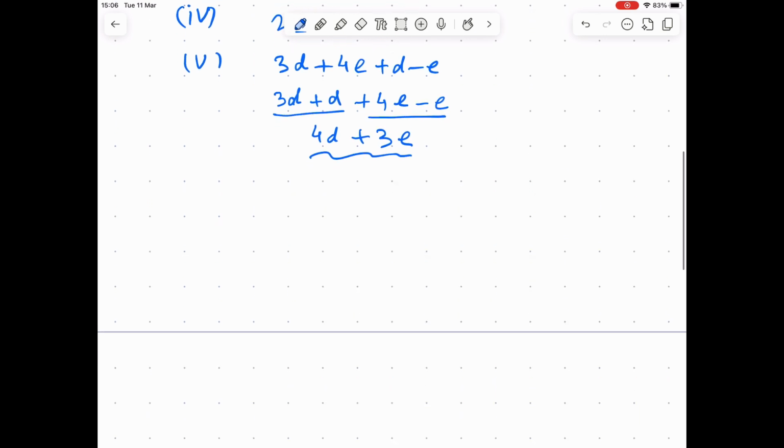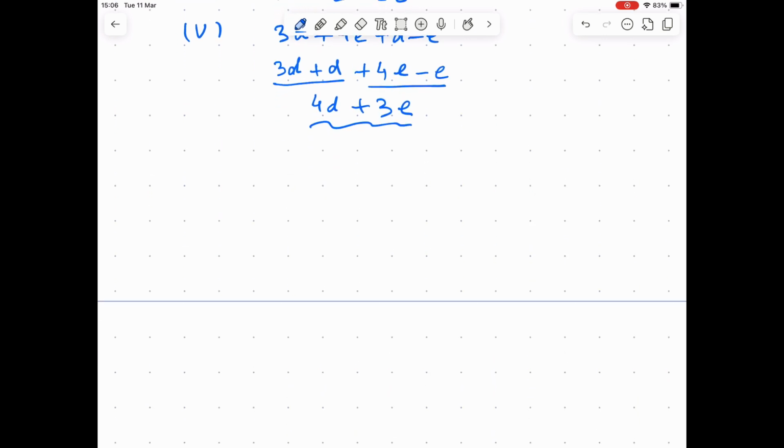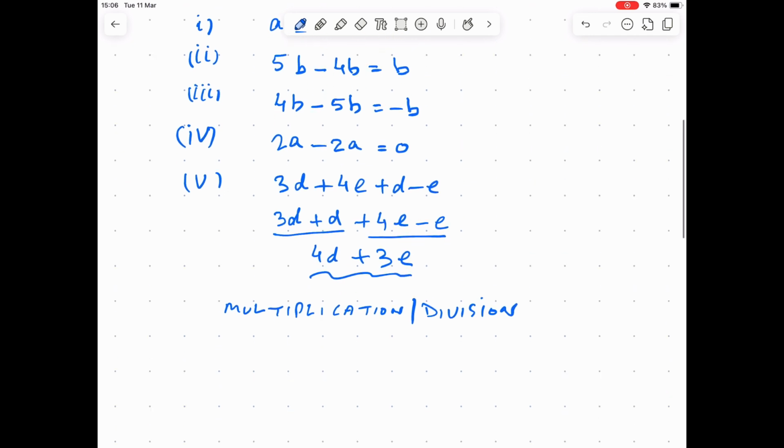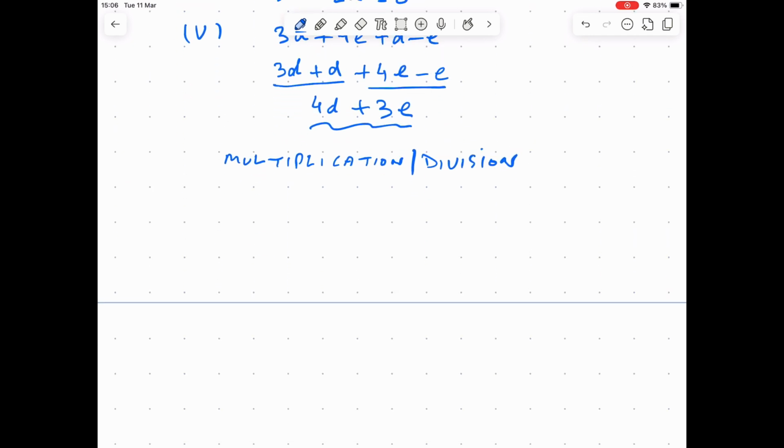And now multiplication. And division. Okay. So in this one,